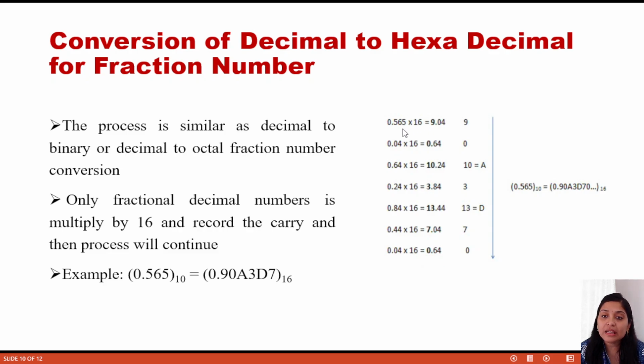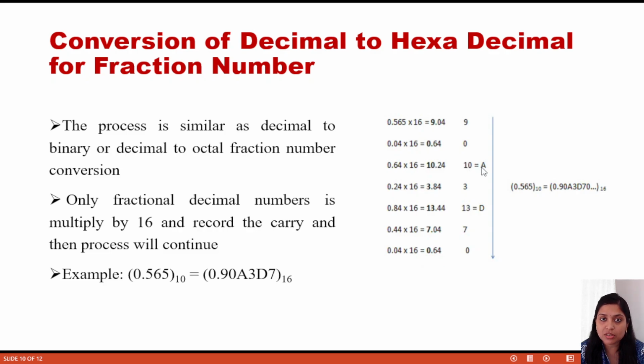Starting the multiplication, before the point the result is 9, so you write 9 as a carry, and the rest of the part, 0.04, we take for the next multiplication, then the result will come 0.64. So this 0 will go as a carry and 0.64 will come for the next multiplication, then after multiplication the result will come 10.24, that means this 10 will go as a carry,